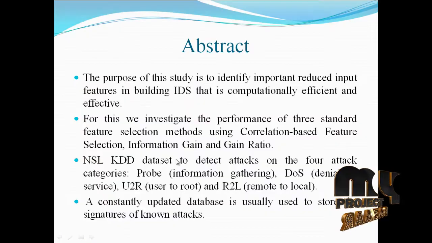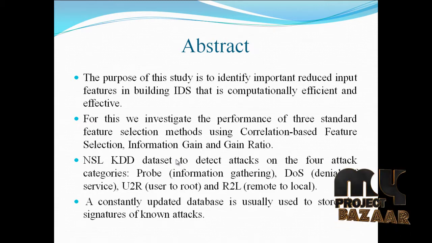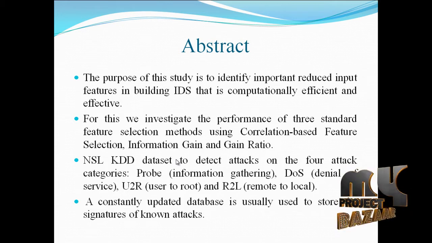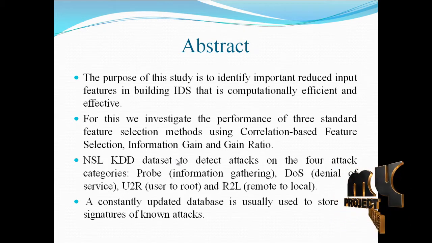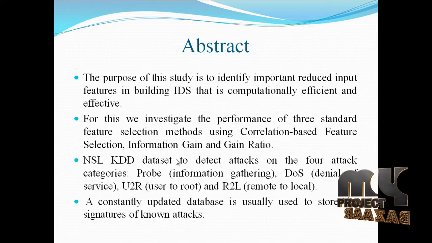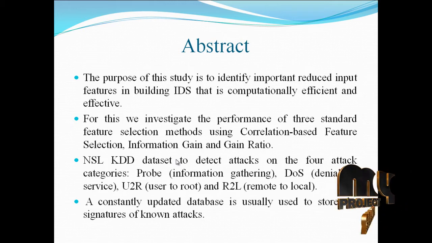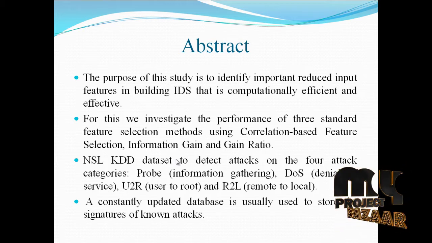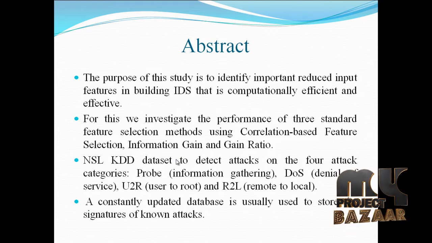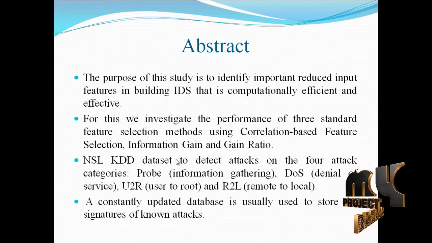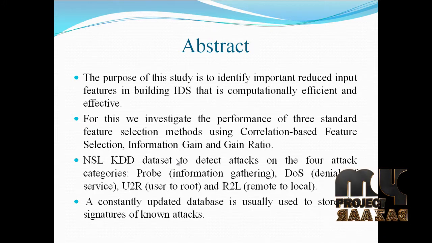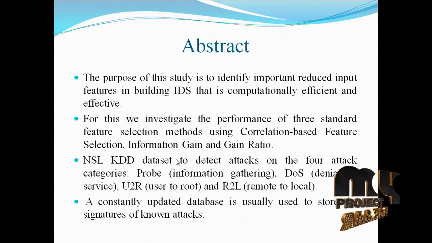Go to Abstract. The purpose of this study is to identify important reduced input features in building IDS that is computationally efficient and effective. For this, we investigate the performance of three standard feature selection methods: correlation-based feature selection, information gain, and gain ratio. The NSL-KDD dataset is used to detect attacks in the four attack categories: Probe, DoS, U2R, R2L. Probe is information gathering, DoS is denial of service, U2R is user to root, and R2L is